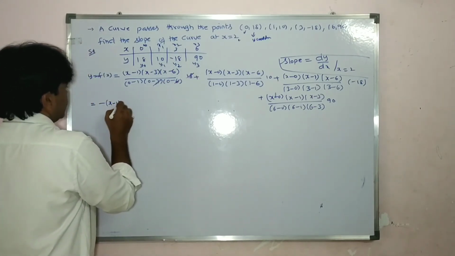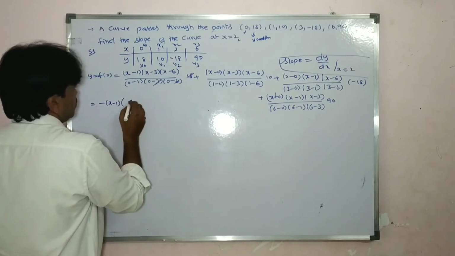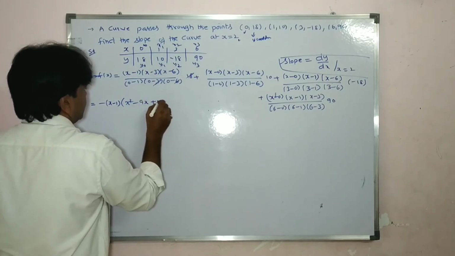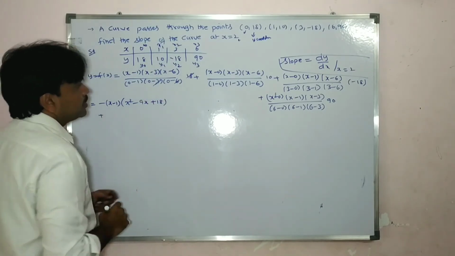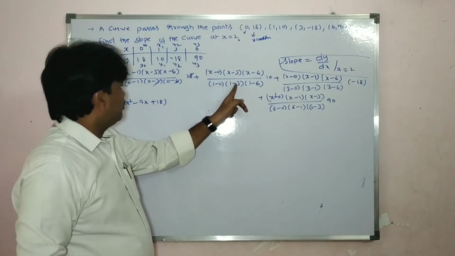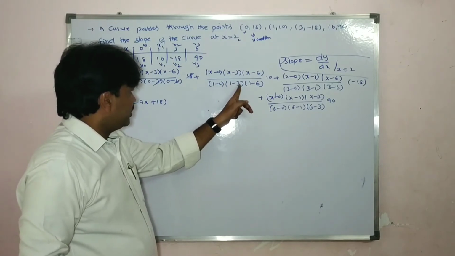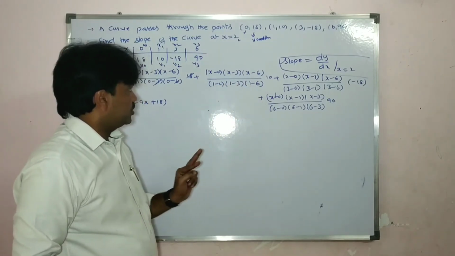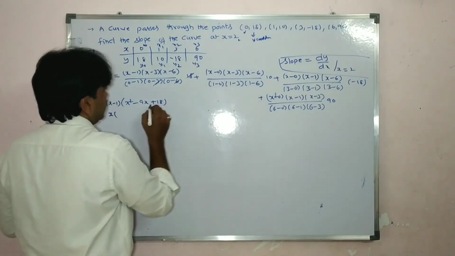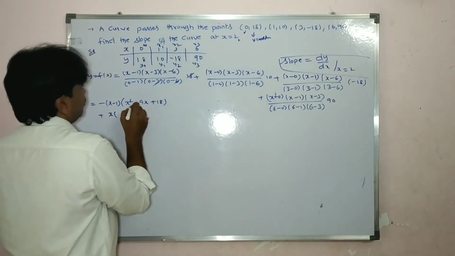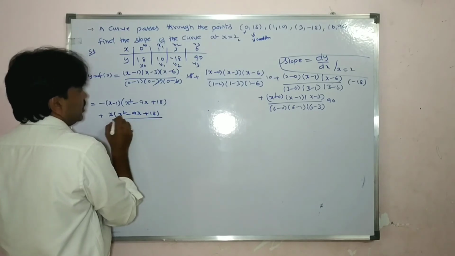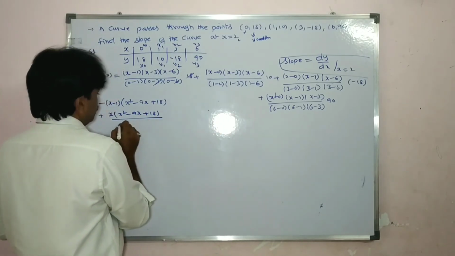Now (x minus 1) multiplied by (x minus 3) into (x minus 6). So x square minus 6x minus 3x minus 9x plus 18, plus. Okay, 1 minus 0, 1 minus, this is positive. 1 minus 3 negative, 1 minus 6 negative, so we get plus here. So x into, in the numerator, multiply (x minus 3) into (x minus 6). Already we find here x square minus 9x plus 18 divided by, in the denominator we get here minus 2, minus minus plus we get